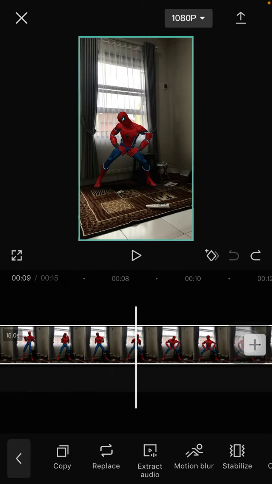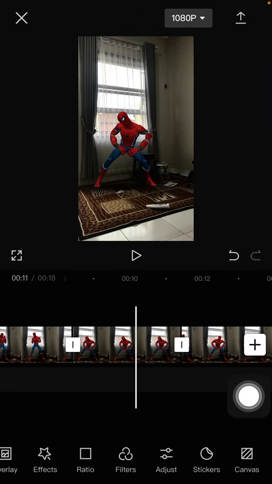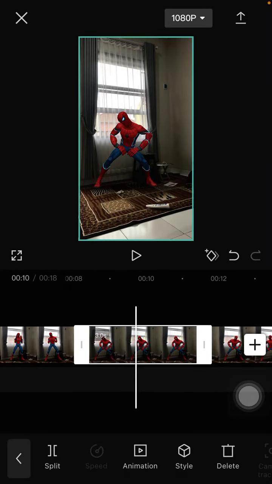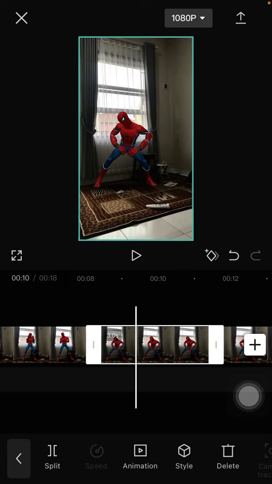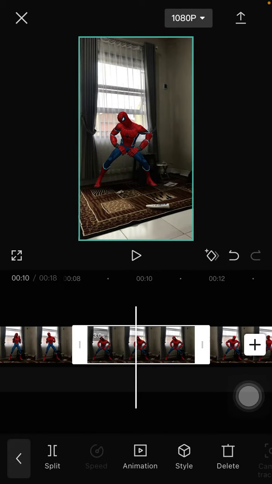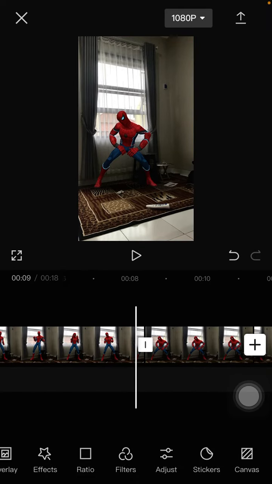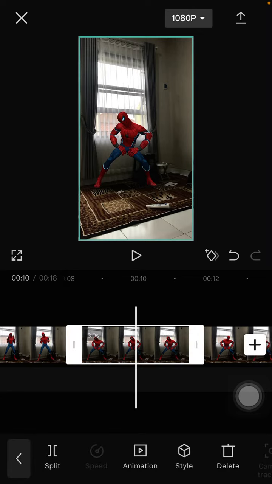and swipe to the right to find the freeze option. Just click on it. So there is a new clip, which is this freeze frame, and you can change for the